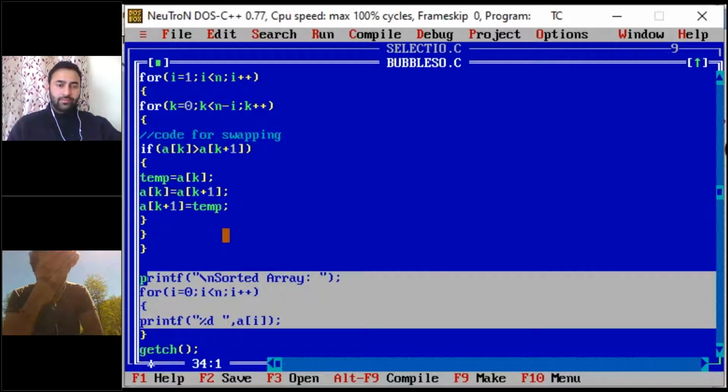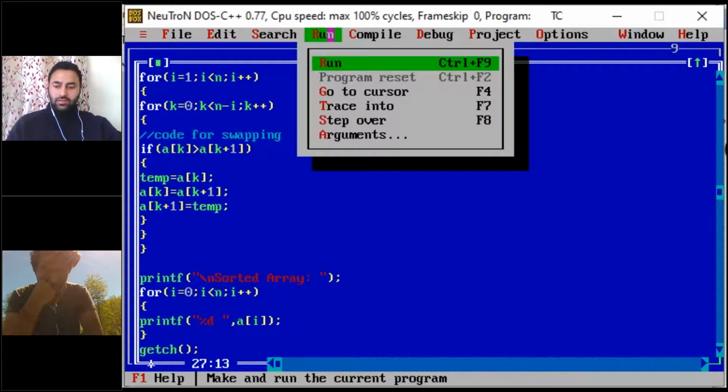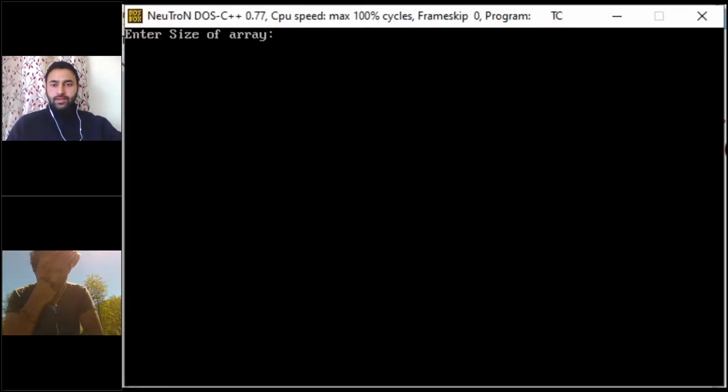Now we will run it. This is the output of this program. Enter size of array. So you have 10 numbers in this array. Now you have asked to enter 10 elements in this array.